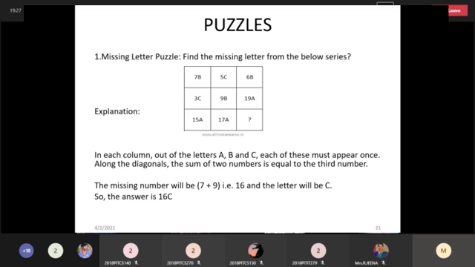So next question. The next topic will be puzzles. So in clocks, we'll see the most important concepts before we start the puzzles. We have the most important topics for clocks. So the basic concepts are very, very important, so we have to know. How much does the complete circle of a clock make? It is 360 degrees. Because the clock contains 12 hours, it is divided into 12 equal parts.